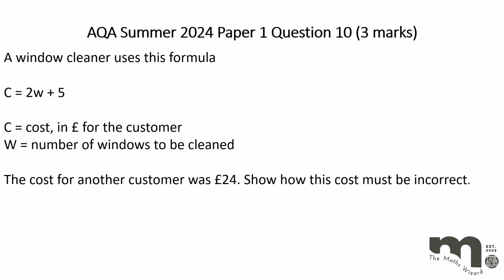Okay, next question then. We need to prove that the cost can't possibly be £24. So we can write this into our formula. So if we write 24 equals 2W add 5, we can solve it as if it's an equation. So if we take 5 away from both sides of the equal sign, we've got 19 on the left, and we've only got 2W on the right now. And if we then do 19 divided by 2, that will tell us that W is